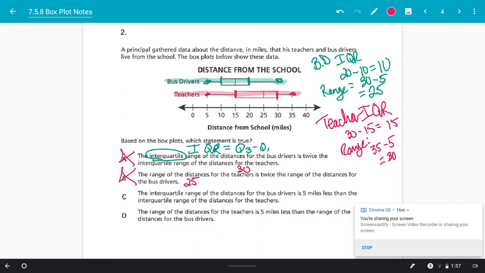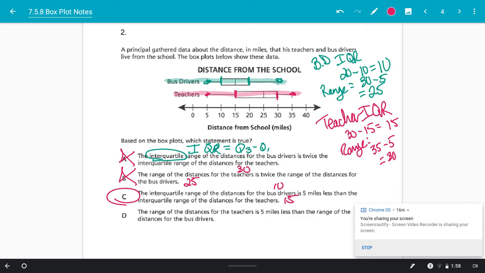Okay, choice C, the interquartile range of the distances for the bus drivers, so we go back, the interquartile range here was 10, is 5 miles less than the interquartile range for the teachers, which was 15. Okay, so is 10 5 miles less than 15? Sure is. So this looks like it's probably my answer, but I'm going to make sure by just eliminating choice